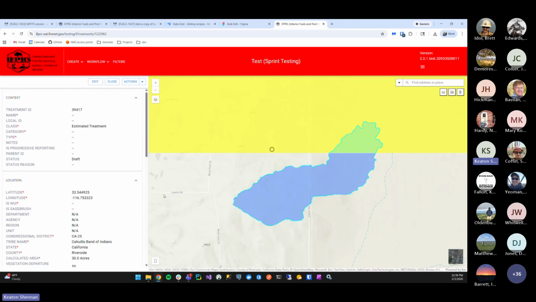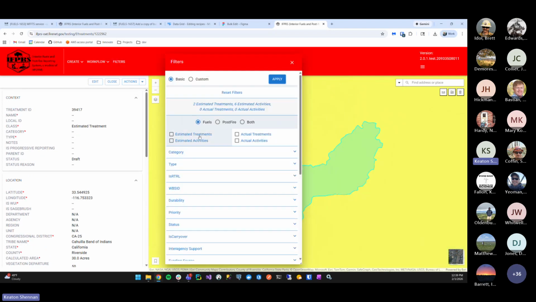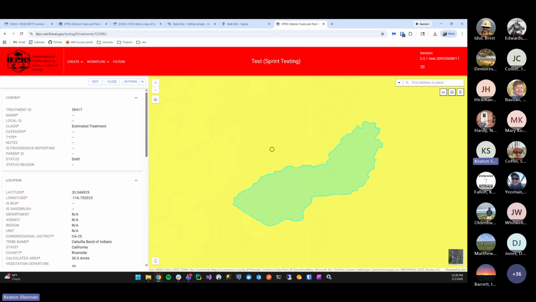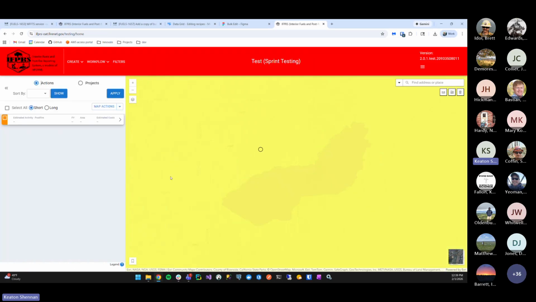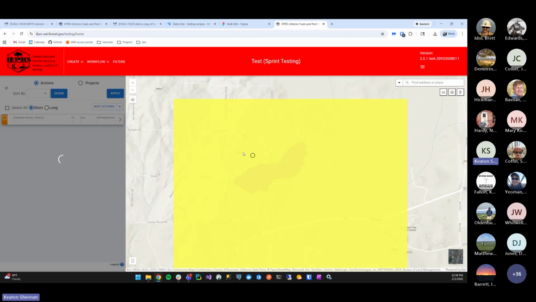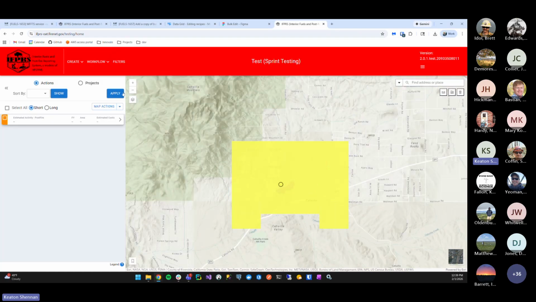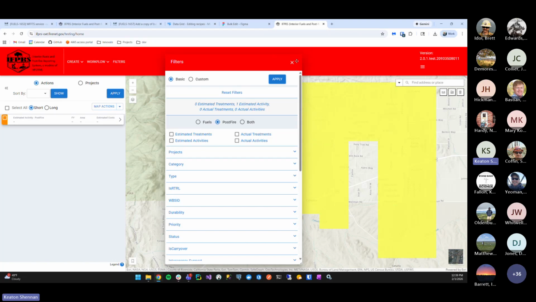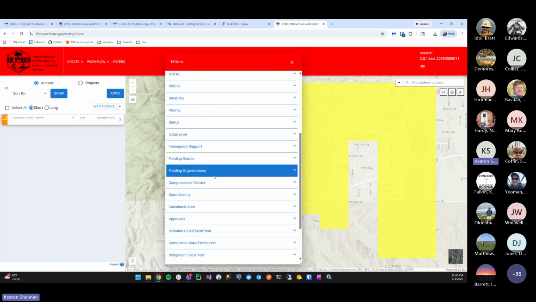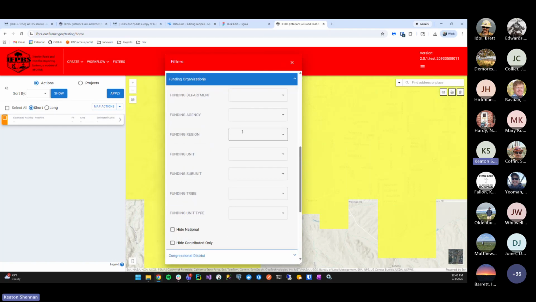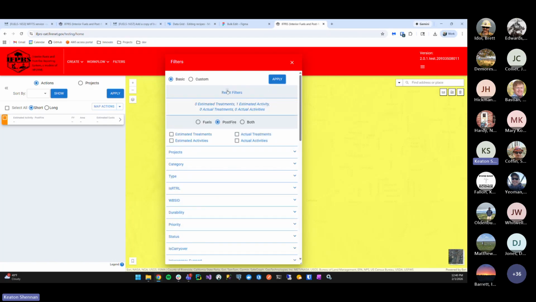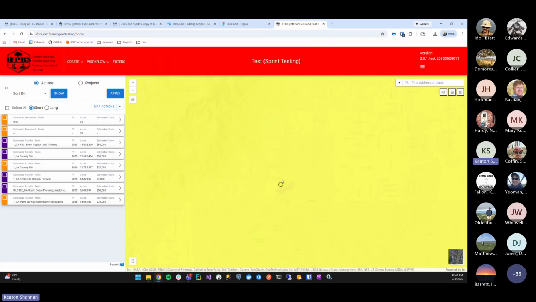So one thing to note is if you have filters present, for example, if I had post-fire, if you have both, or if I have explicit filters set for something else, some of these activities may be hidden by the filters that you have when you create a new feature. So for example, if you had something like a funding organization or agency or region, which requires you to have already entered funding information on a feature, and you create a new feature, it's not going to have any of that. It might be hidden. So you always want to double check that your filters are reset if you're not seeing the feature you just drew or